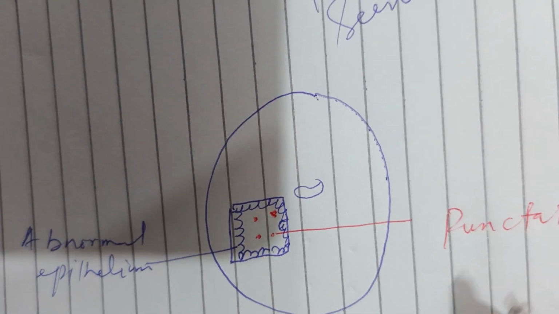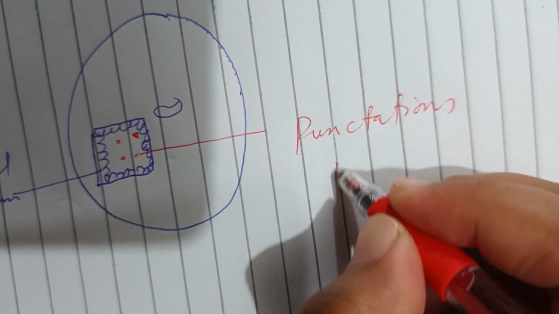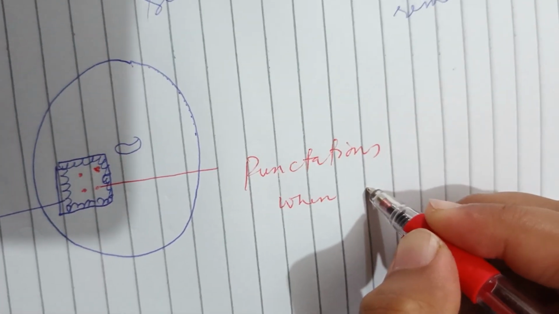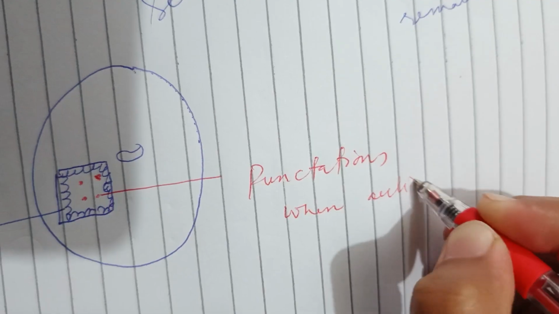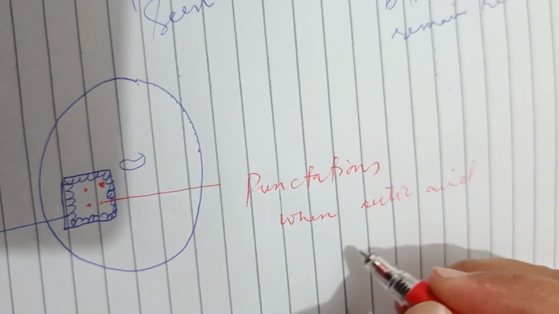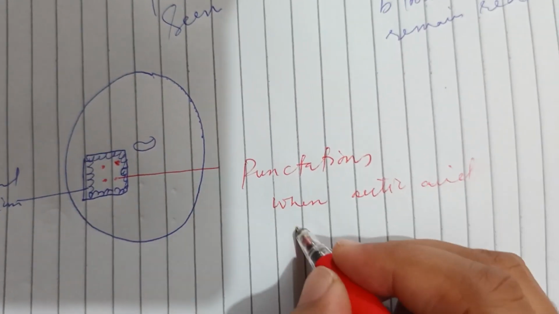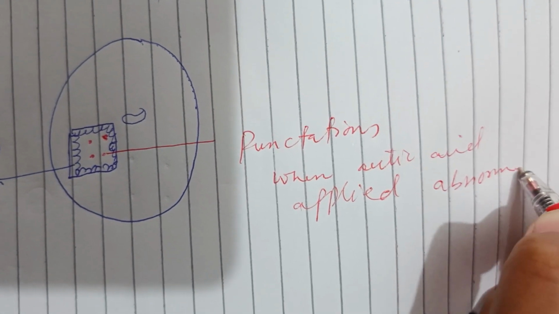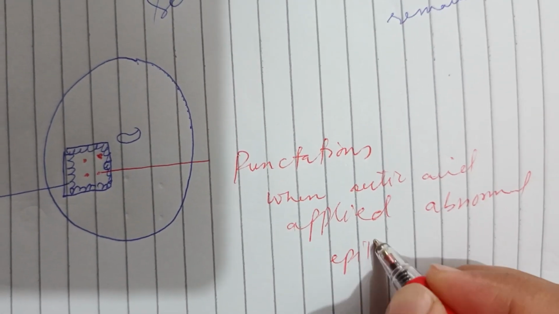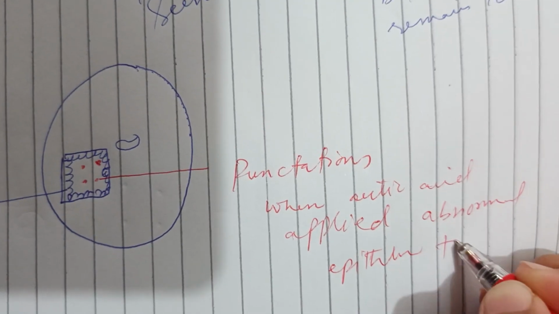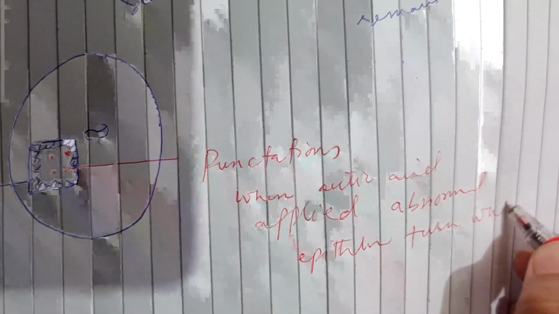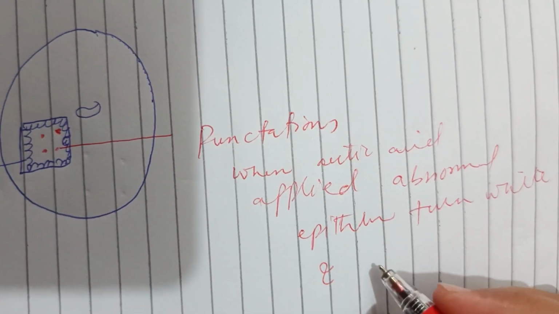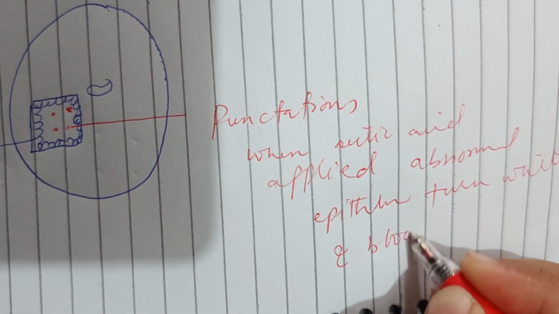The white color of the bed sheet is due to acetic acid, and the underlying red dots or blood vessels remain red, like hair pins below the bed sheet. This will give the appearance of punctations. The epithelium is perforated by blood vessels. Acetic acid uptake by abnormal epithelium turns it white, while blood vessels will not uptake the acetic acid and remain red, and they will perforate like a pin shape.